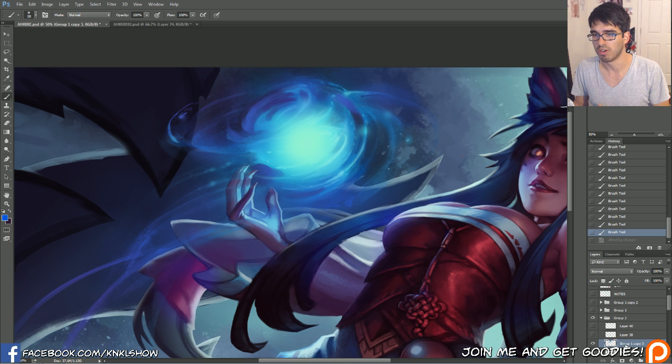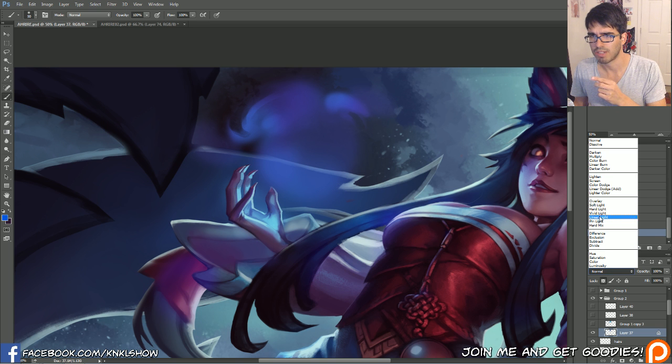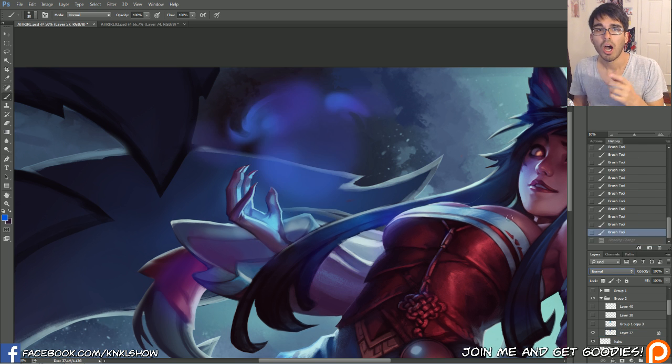So I did that. And then see this right here? This is all a normal layer. Normal layer. Let's take away. Wait a minute. Normal. Where's the actual glowy layer? That must be it. Okay, that's the glowy layer. Huh. I'm surprised this isn't on hard light. I guess it should have been. Okay, well, I guess it doesn't. Oh, the reason why I guess it doesn't have to be hard light here is because I already used a